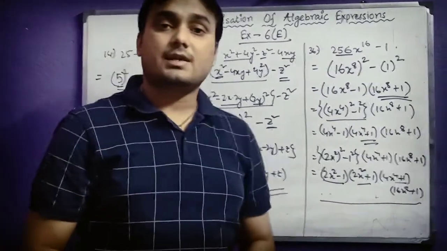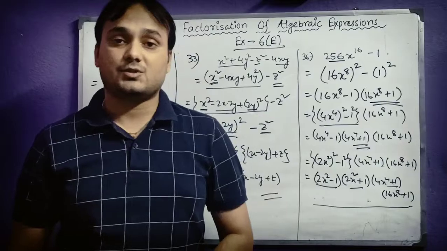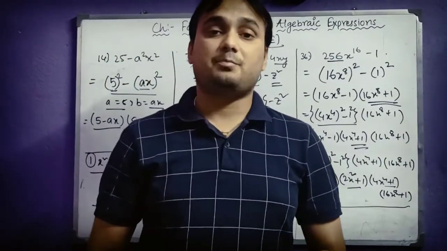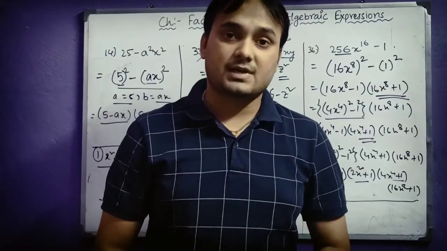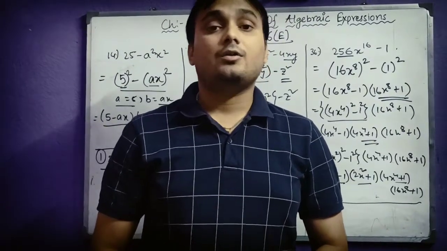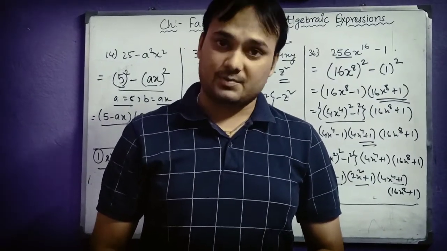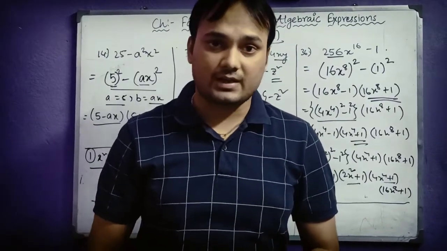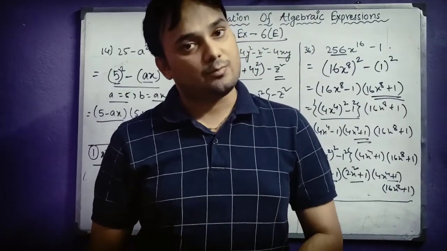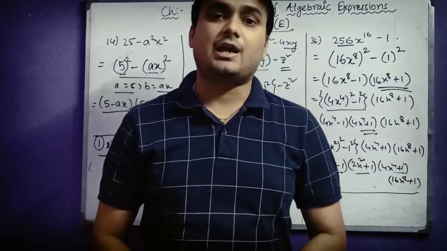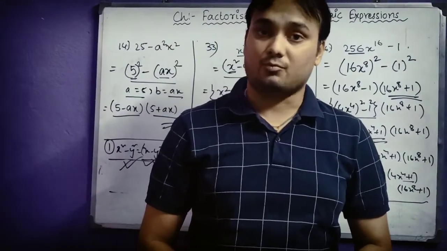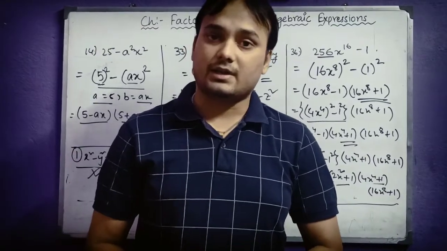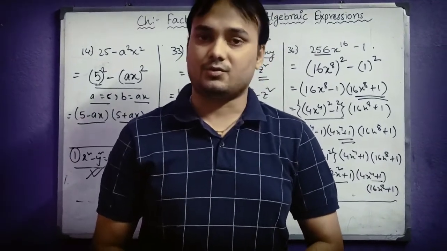So students, for this exercise we use the formula of a square minus b square, which was the prime formula for solving all questions in this exercise. And in the previous exercise, the prime formulas were a plus b whole square and a minus b whole square. You have to look upon the question very nicely. You have to understand which formula you will use, and then you have to solve. Sometimes in any question, it might be there that you have to use multiple formulas. So you have to understand that very nicely, and then accordingly you have to solve.